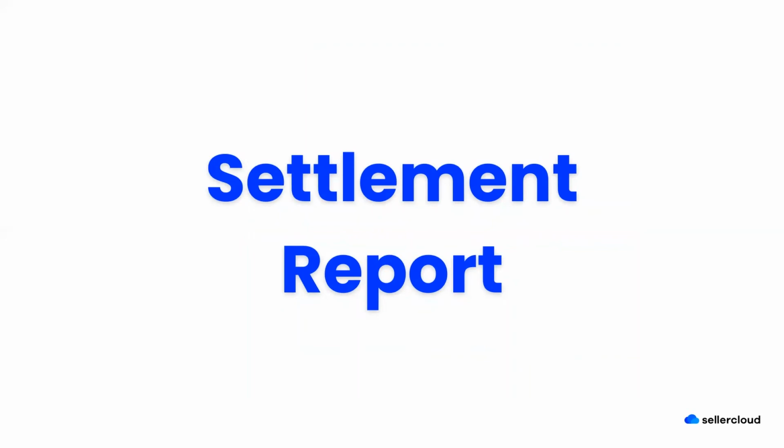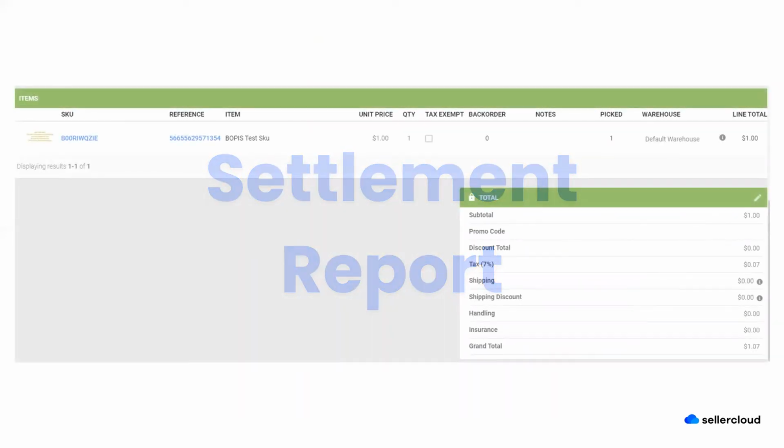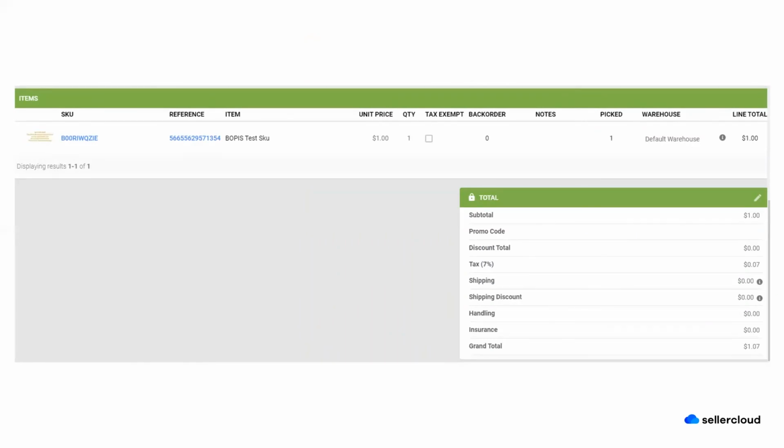Next, we will discuss the settlement-related reports. This section provides you with the ability to reconcile P&L data with the payment reports provided by the channel. While you may know some of this already, I'd like to run through the process of reconciling settlements in Sellercloud really quickly. Now, you see on this slide is an example of an Amazon order in Delta in Sellercloud that was